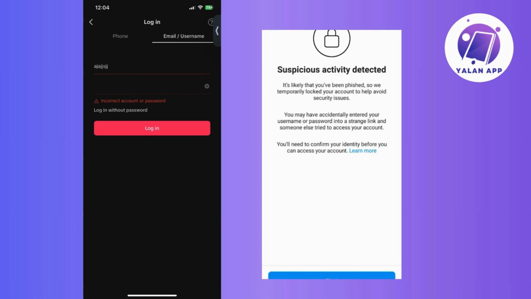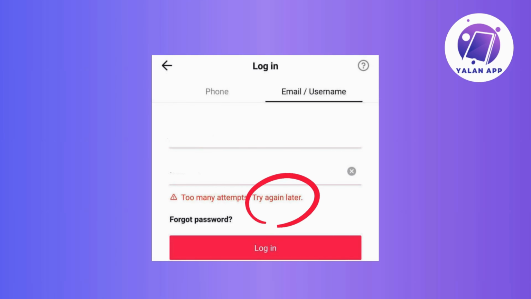Now, to troubleshoot the maximum number of attempts reached issue on TikTok, here are some steps you need to consider. Okay, so you can begin by giving it time. Wait for a sufficient period, usually around 24 hours, before attempting to log in or recover the account again. So this initial step is important as it allows for the reset of any restrictions imposed due to multiple unsuccessful